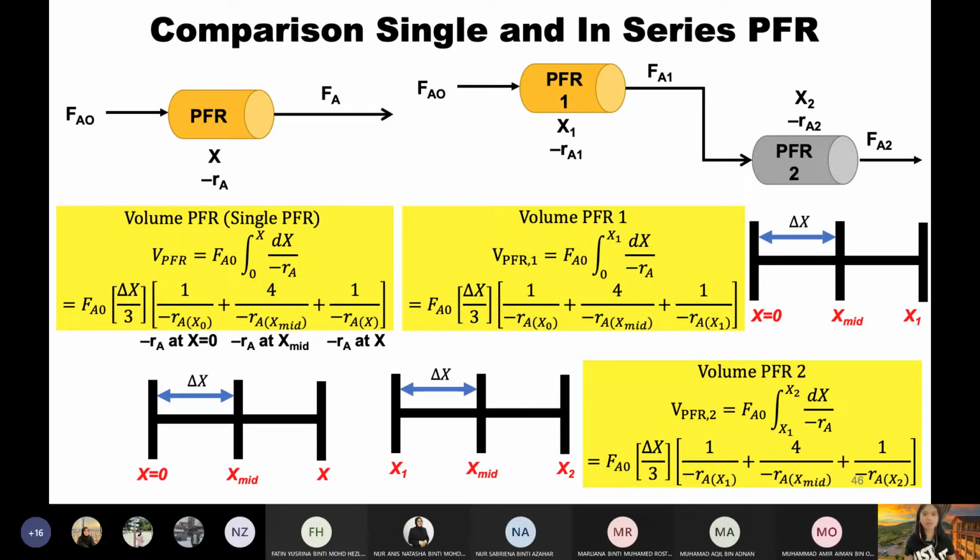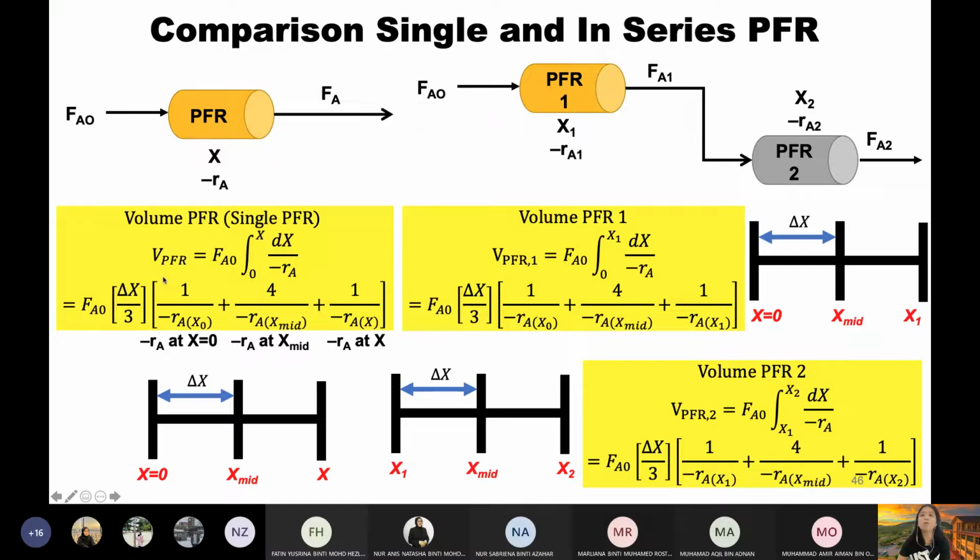So CSTR is senang. Okay, always yang susah adalah PFR. So I always have problem explaining PFR punya volume kepada student because now PFR dia dah bukan straightforward. We are using Simpson 1/3 rule and you have to really understand how to calculate the volume. Okay. Before I go to the series, first the single PFR dulu. You have to understand the single one. You can understand the series one better. Okay, so single one I already taught you, but I will recap how to find the volume.